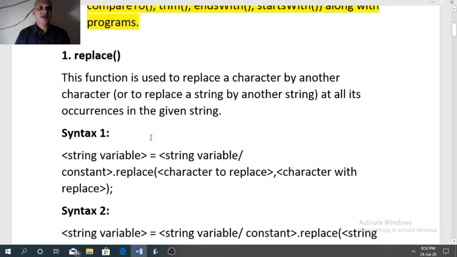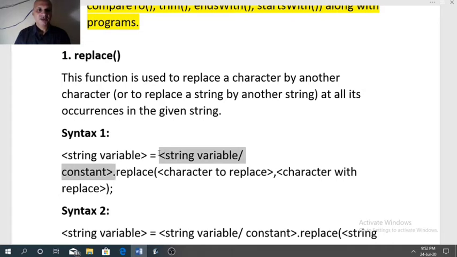Since after replacement the result will be a string value, first we need a string variable to store the result. Now after the equal sign we need the source string from where we want to replace. That source string can be a string constant or it can be a string variable.